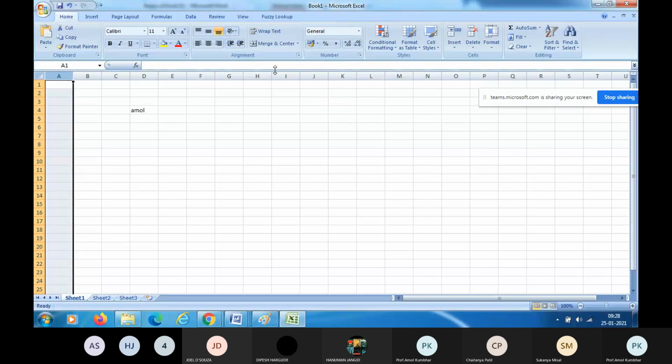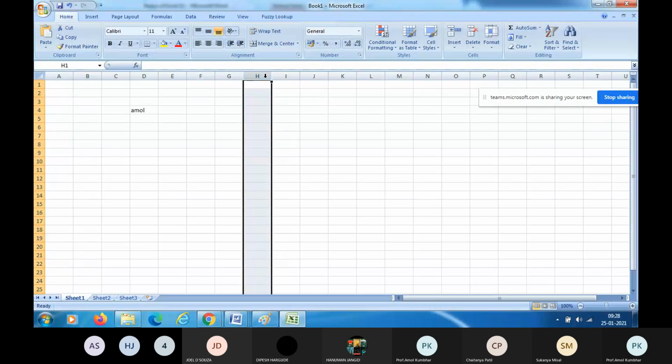You can select column H by clicking the header of column H. So let us select column H. This is how to select column H by using the mouse, by clicking at the header of that column H.